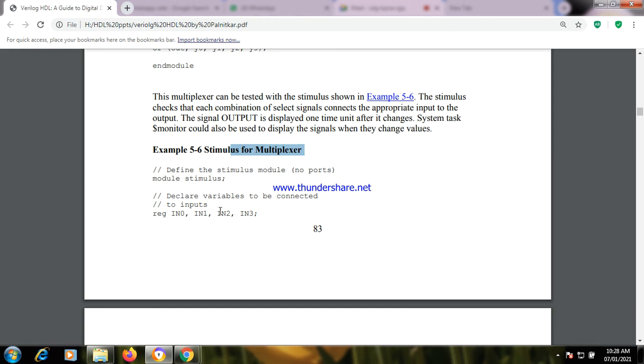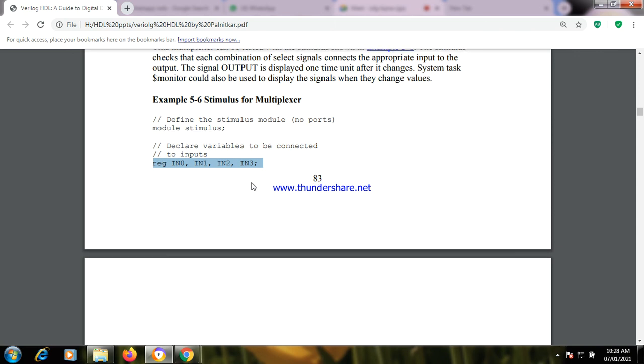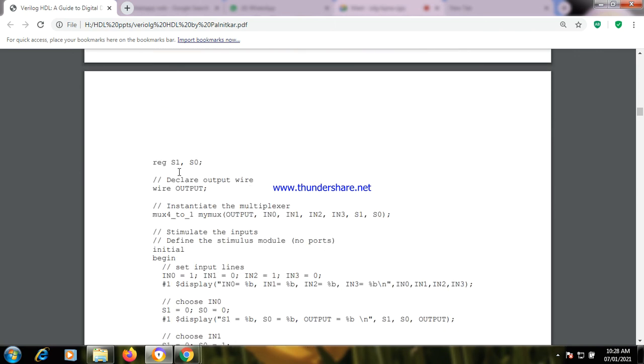Module name stimulus. Declare the variables to be connected to the inputs. Quite simple. Just concentrate. How many registers are we showing here? IN0, IN1, IN2, IN3, 4 registers. Along with these, we are also showing S1 and S0 because these are the select lines.